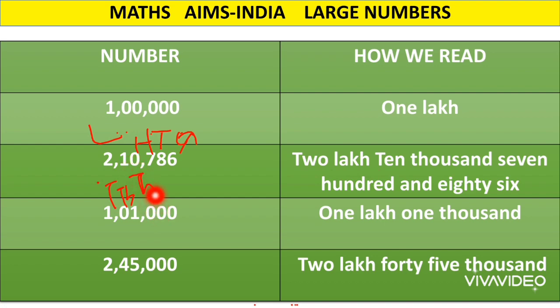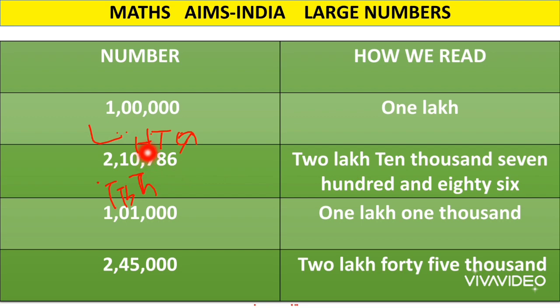Now, how can we read this? 10,000 and 1,000 fall into which period, children? They fall into the thousands period. So we can simply read this number first: 10 means 10, right? And then they are in the thousands period. So we read it as 10,000. Clear, children? 10 means 10 and this 10 is in thousands period, so we read it as 10,000. Clear? 2 is in lakhs place, we read it as 2 lakhs. 10 is in thousands period, so we read it as 10,000.